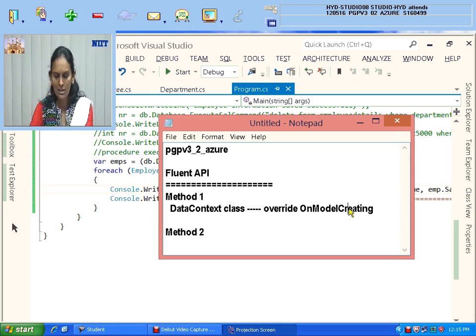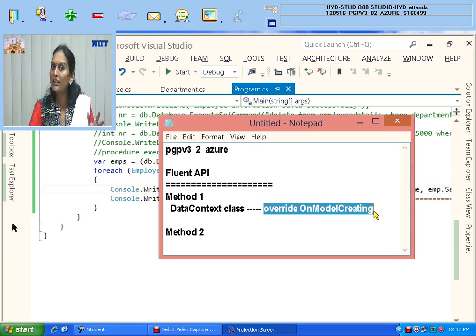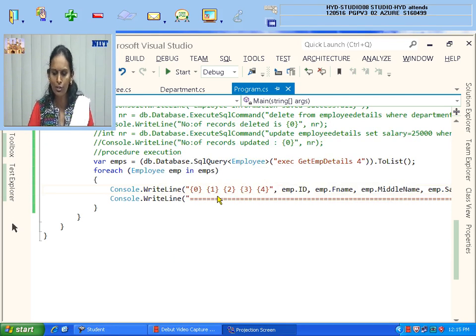So this is the first one. Another method is the same overriding, but there is one more class creation. So I will tell you both the methods. First I will tell you one method, but in a new application. I don't want to confuse in this one. I'm going to create Fluent API separately in a different application. So I'm closing this application, and you will not feel it very tough to understand. I will show you how to do it.